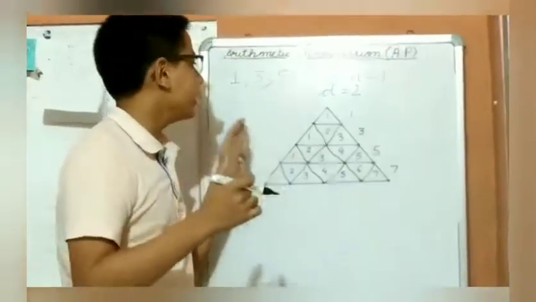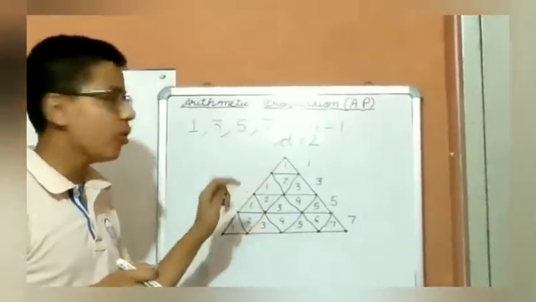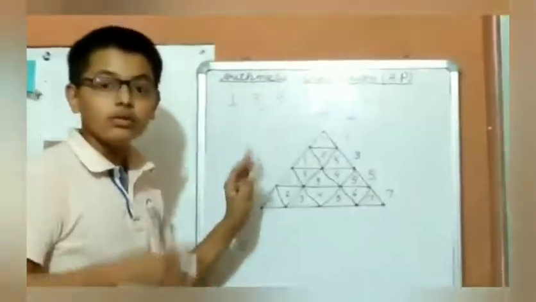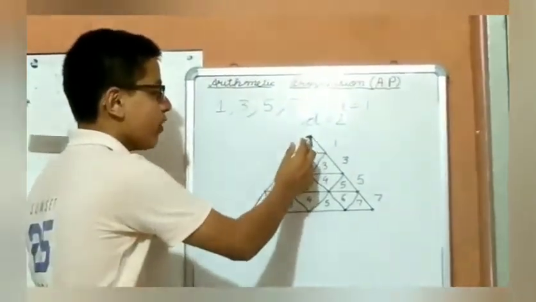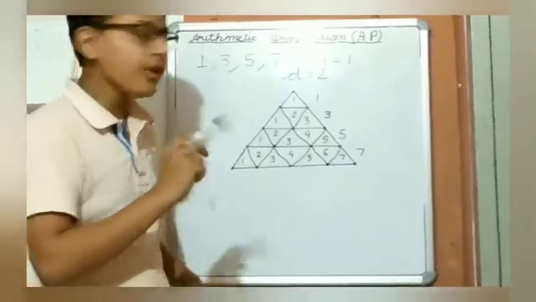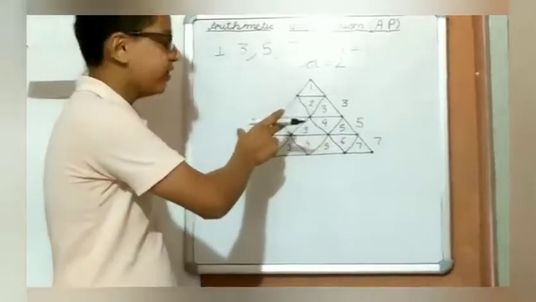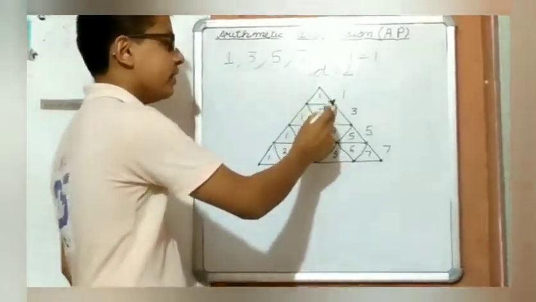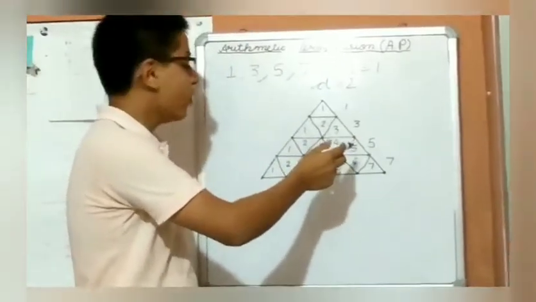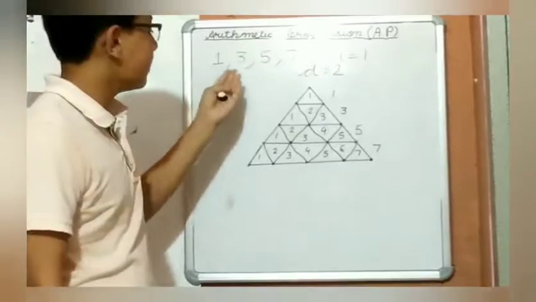Now let us take a look at another pattern, that is 1, 3, 5, 7, where the first term is again 1 and the common difference is 2. Here we will visualize it with the points method. In the first line we have made 1 point, then 2 points, 3 points, 4 points, and 5 points. Now we have to see how many triangles are made in each line by joining the points. So in the first you can see that one triangle is formed, in the second 3 triangles are formed, in the third 5 triangles are formed, and in the last 7 triangles are formed. So this is how you can visualize 1, 3, 5, 7.